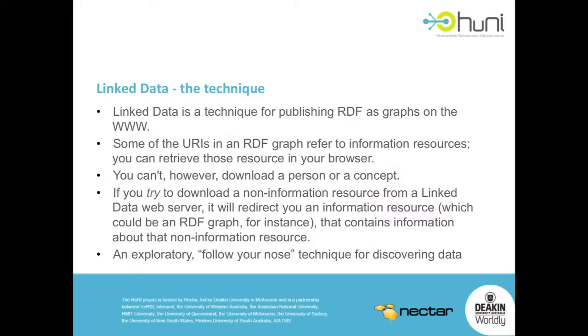What does happen? Obviously a river doesn't come out. Instead, the server knows that the resource you've requested is a non-information resource. So instead of returning a response for the URI that you requested, it sends you another URI saying, see this other URI. I can't give you that because it's not an information resource, but I've got this information resource which is relevant to it. Then your browser says, okay, send me that, and it sends a request for information about that resource, and you download information about, say, the Yarra River.